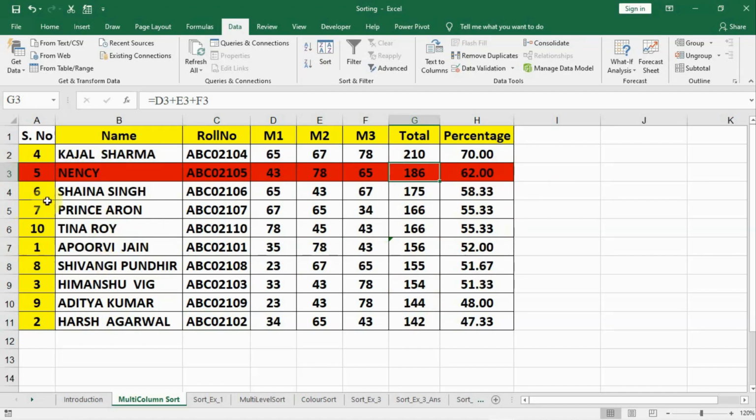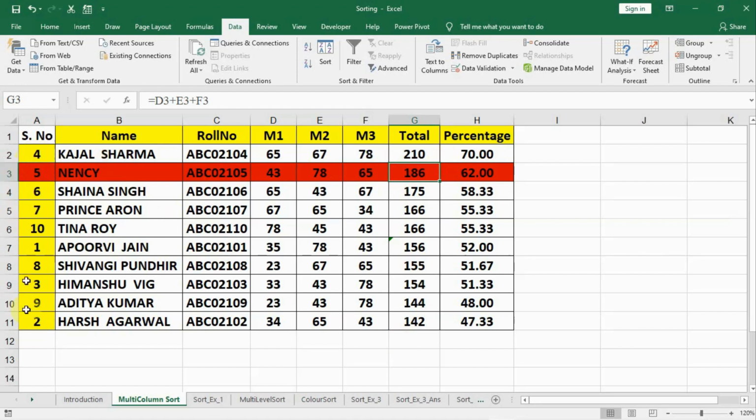That means Nancy was somewhere in the center with sequence number 5. Now she is on the second rank with the second highest marks. But what actually happened is, when we select the data, Excel automatically identifies the top row as the heading and the rest of the portion as the data. That means the serial number is also considered a part of the data. It is also put in descending order, that means largest on the top and lowest on the bottom according to the total marks. The total mark was the largest and the serial number was 4 at that point of time, so it also goes up with the largest mark.